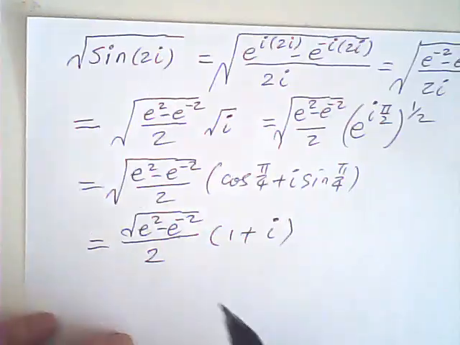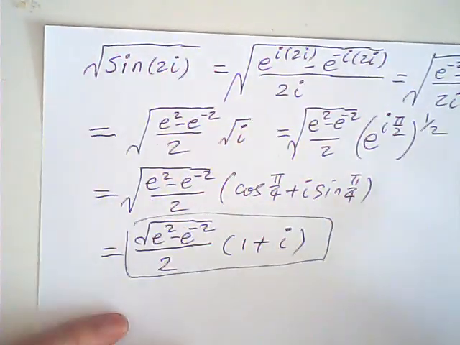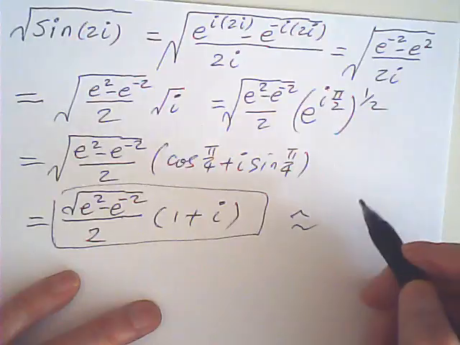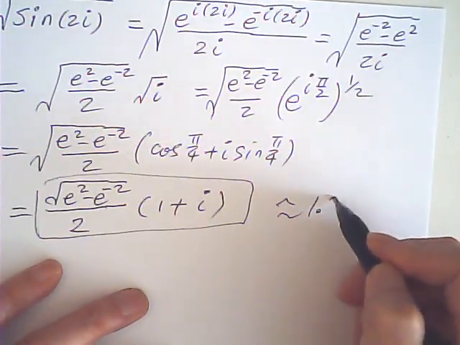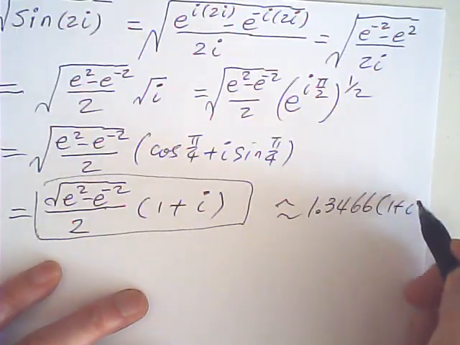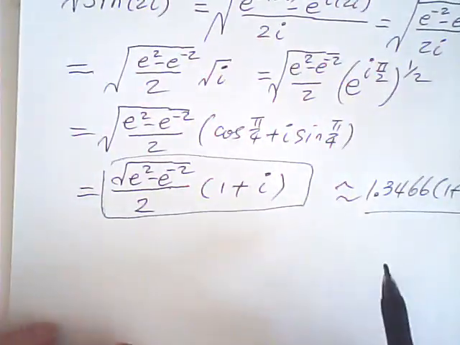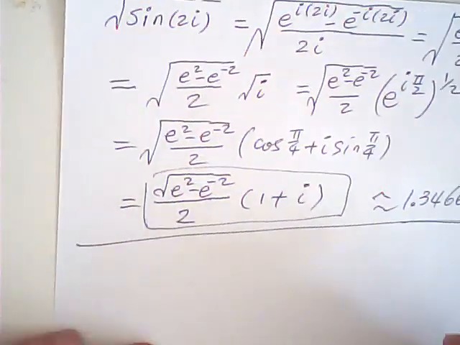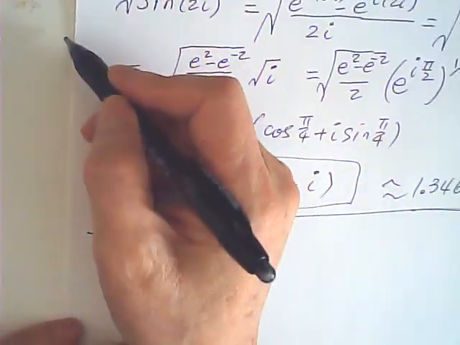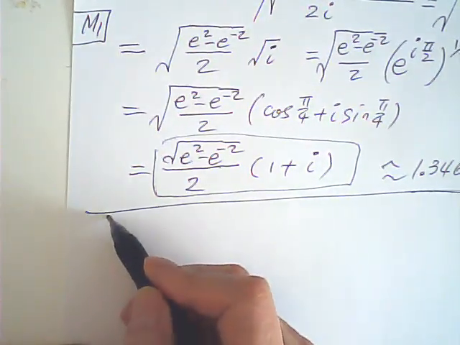Wow. This is my answer to this one. Now, if you want an approximation, this is approximately equal to 1 over 3.466 times 1 plus i. That is an approximation. Okay, this is the first method. Second method, this is method 1. Method 2,